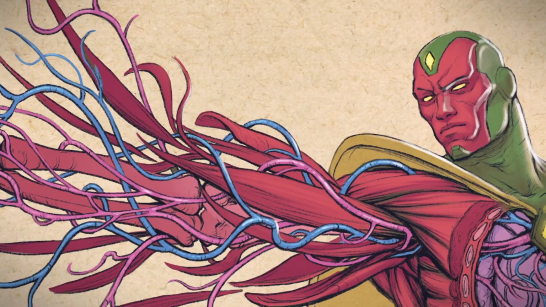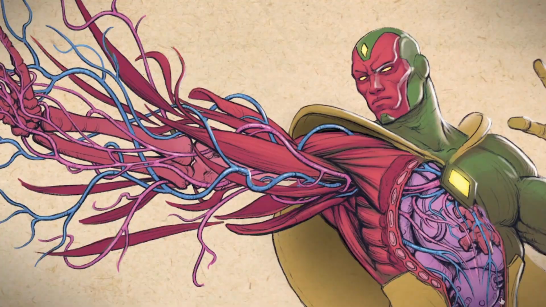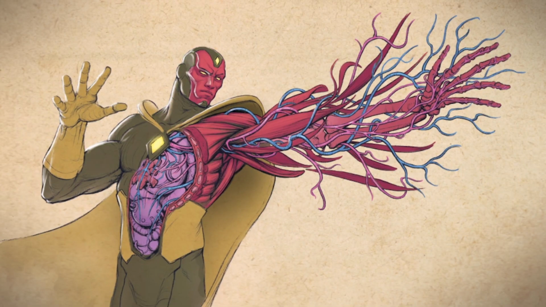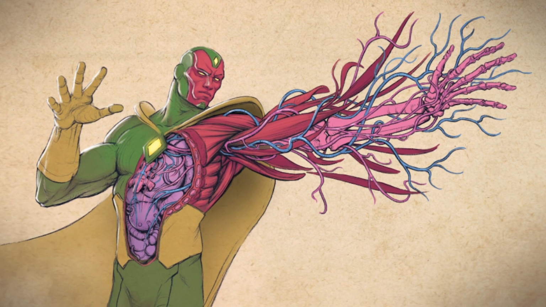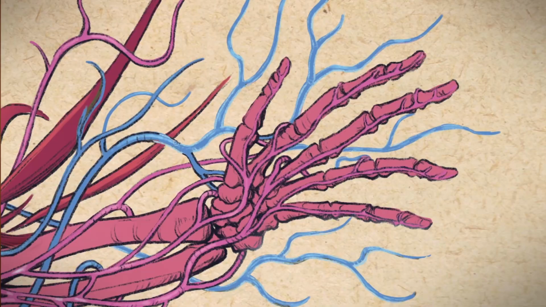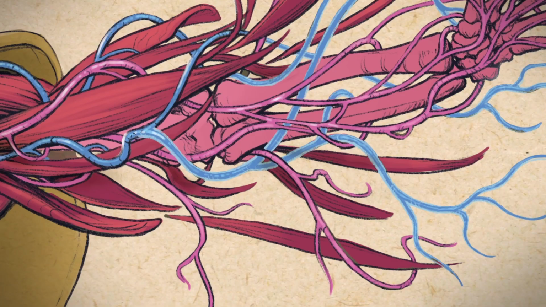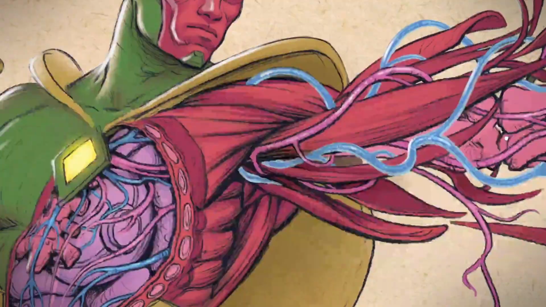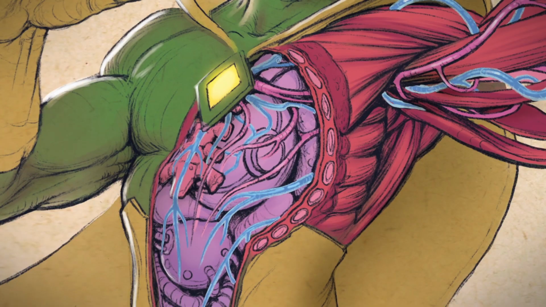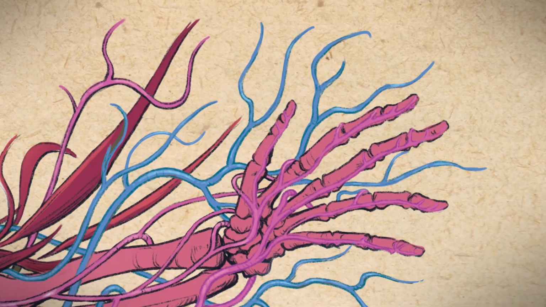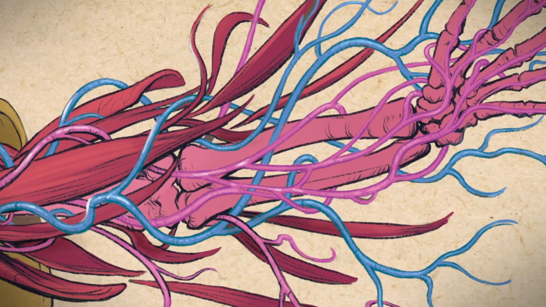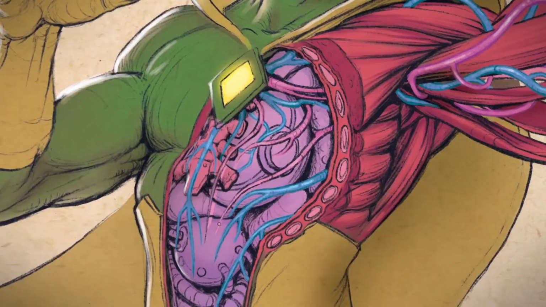Okay, our last step today will be to add texture. We'll add a vaguely metallic shine to the suit, creating depth and a sense of roundness by adding shadows and highlights. His veins, which are the most interesting part of the image, and thus the most important, are also the softest, most liquid part of him. So to convey that, I'll replace the harshness of the black lines that encircle them with softer, more translucent colors. And I think we're done.